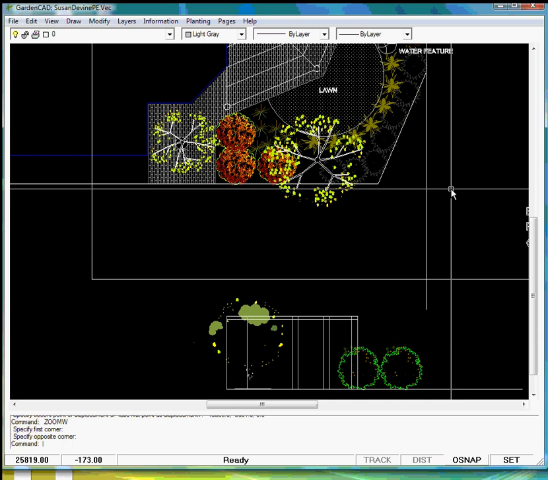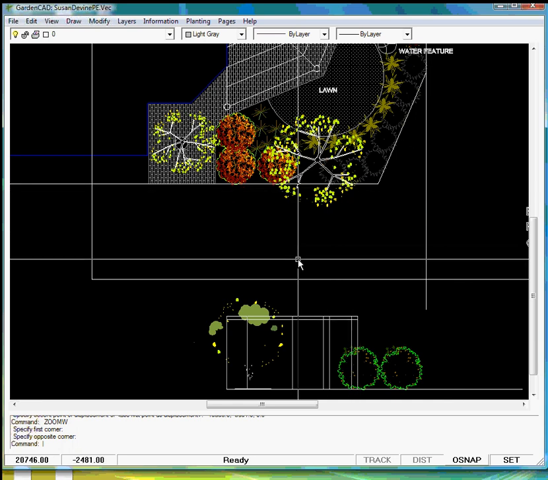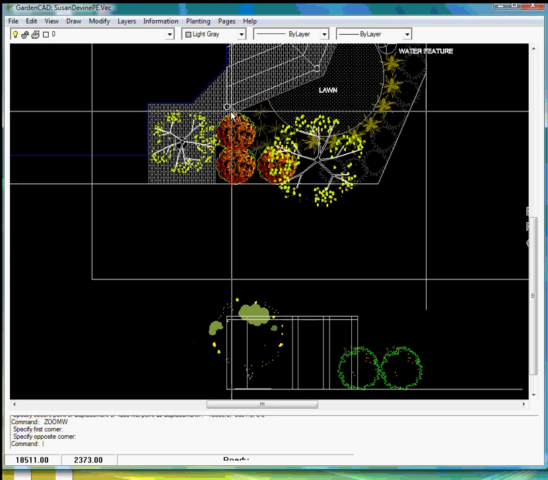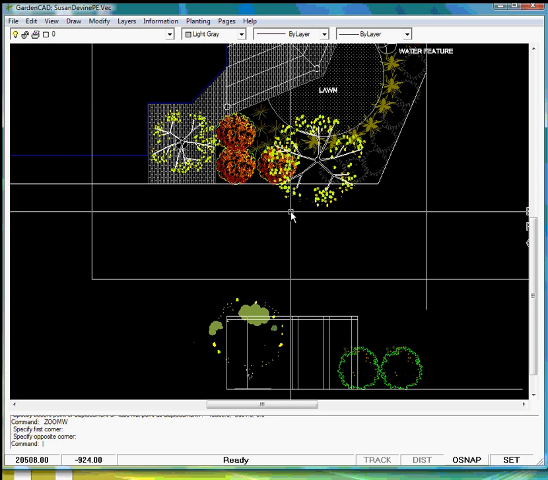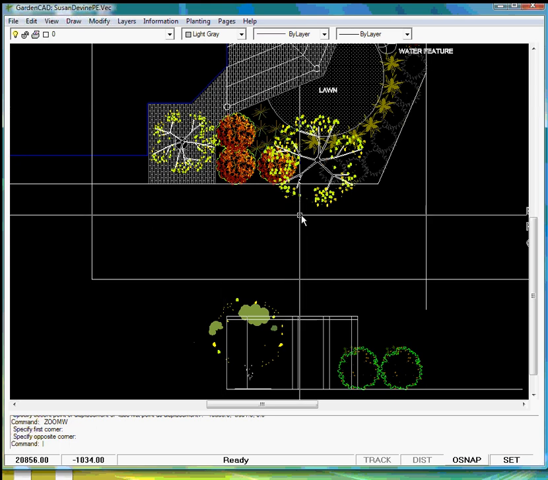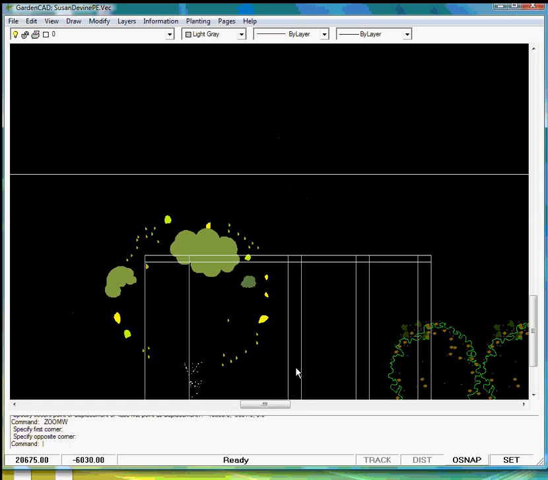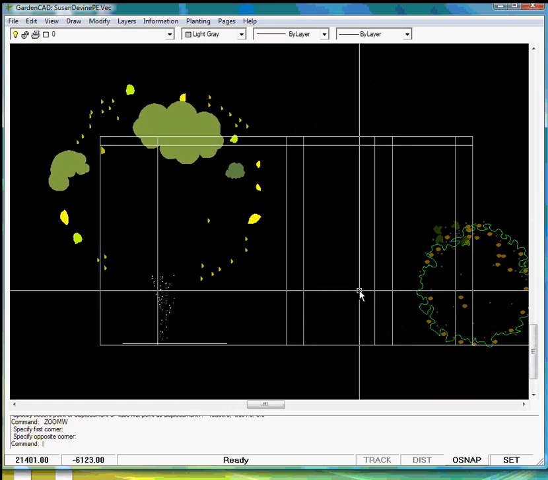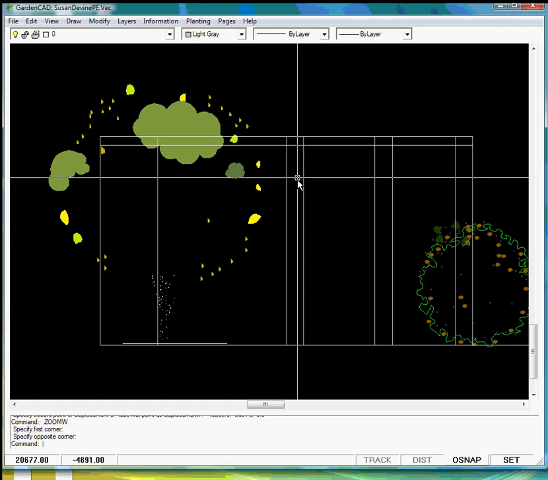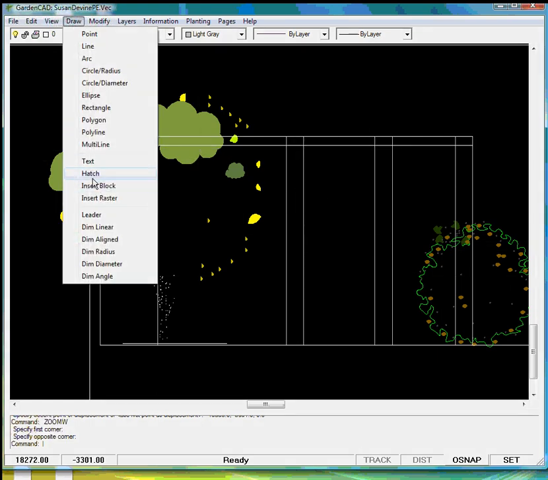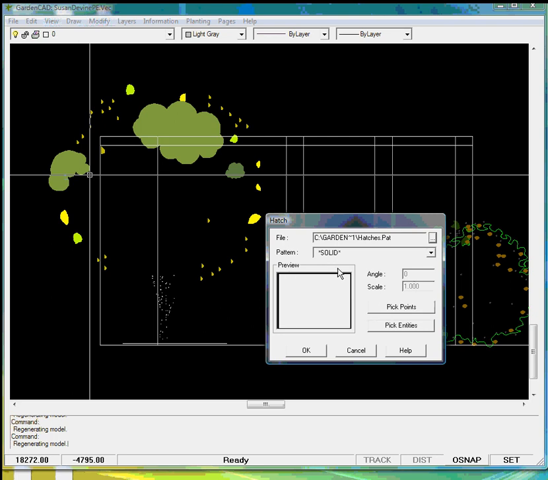Well, if we were using GardenCAD to take off some elevations of a design such as this, these poles through here are, I think, 200mm circular galvanized poles to support a pergola, so we'd clearly want to hatch these. So let's zoom in on a couple of the poles, or three of the poles, and see if we can hatch them. Now the hatch command is called up by Draw and Hatch, and